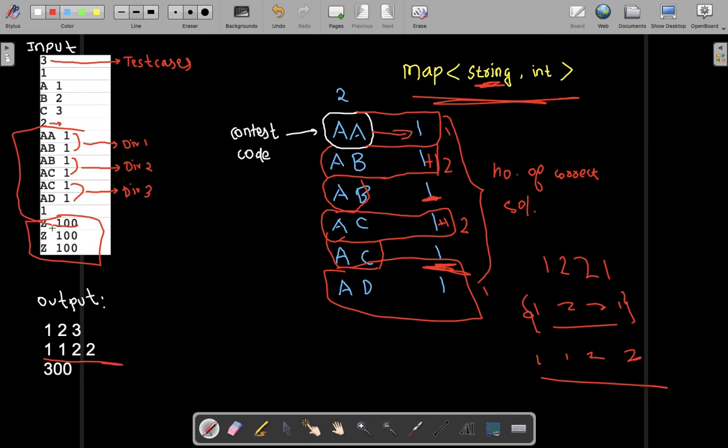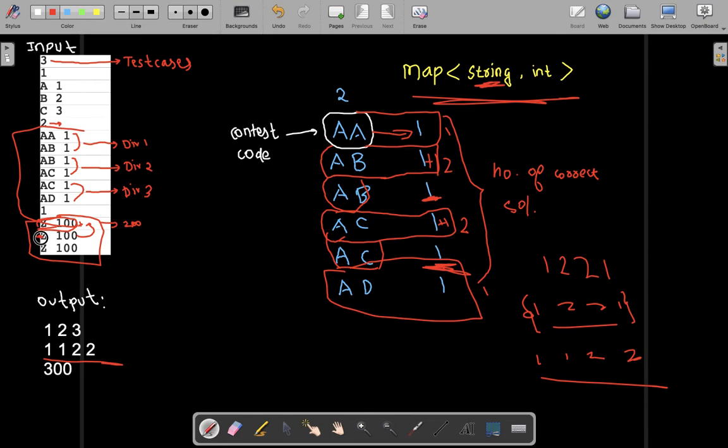So initially what we'll do is we'll just try to find this first z. If we don't have z, then we'll update our map with this element, and then we'll again move to this z, and we'll try to find this z. So we already have z, right? So we'll just add this 100 to this. So this will be 200, right?